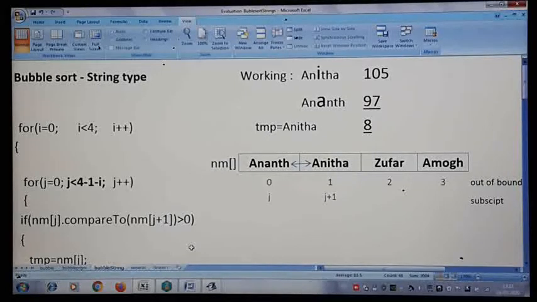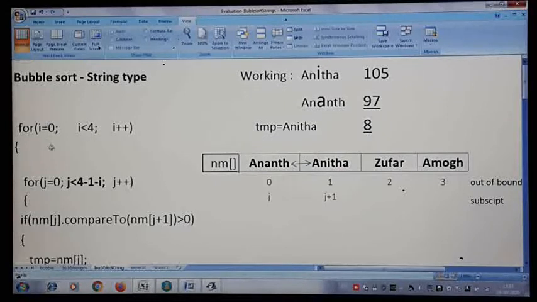Hello students, today we learn bubble sort programs, but today we are going to sort on string type data. Last class what we practiced was on integer type. The field we were sorting was of integer type, but today we are going to sort a list of elements of type string, or I can say a name array. I have taken some list of names, so it is a string type array. How exactly we are going to sort the names, that is what today's program is.